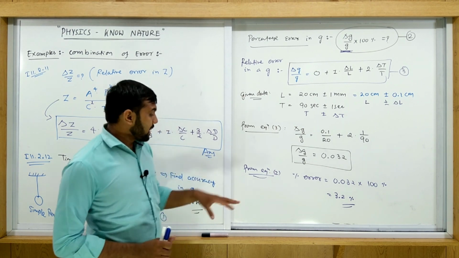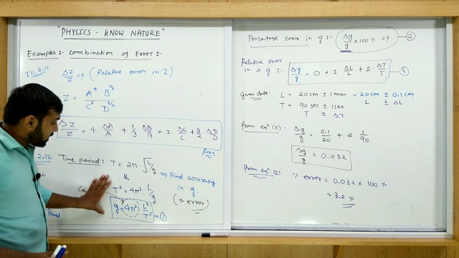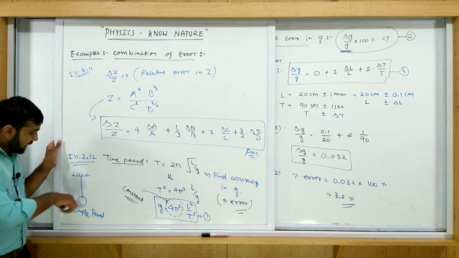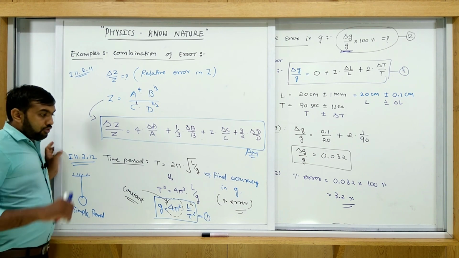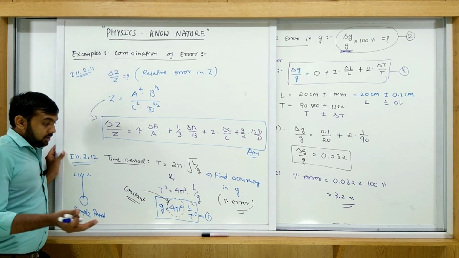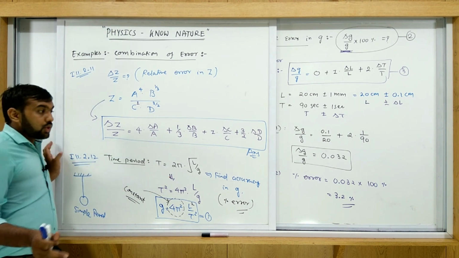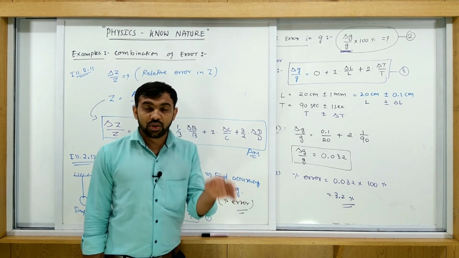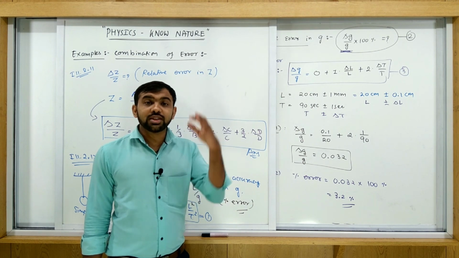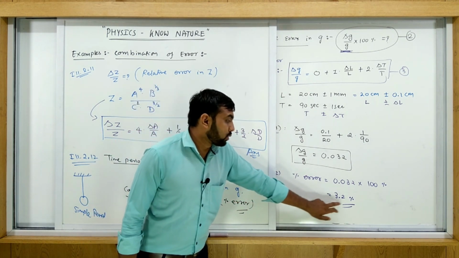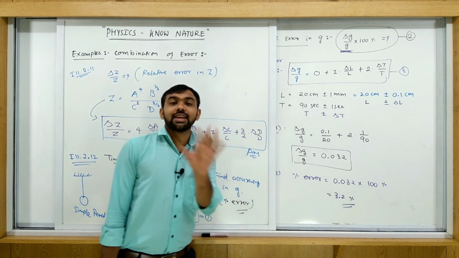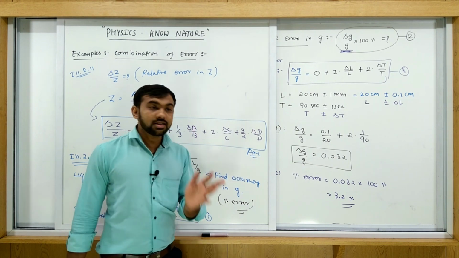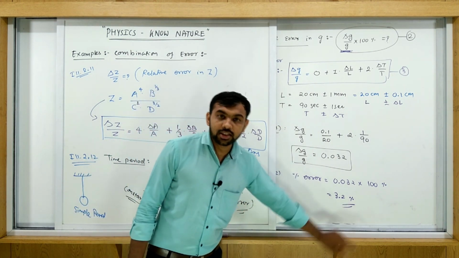When you measure the value of g by using this equation, using this experiment of the simple pendulum, then whatever value you get from this experiment, this value has this much error, 3.2%. It means your value is uncertain up to this percentage, up to 3.2%. This value is not exactly correct. In this measurement there is some uncertainty. How much uncertainty?